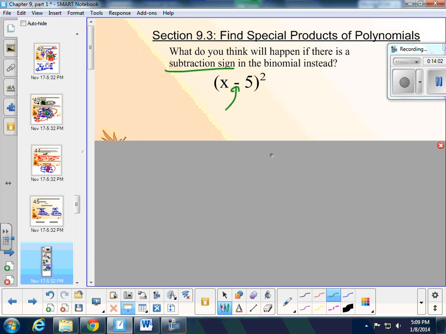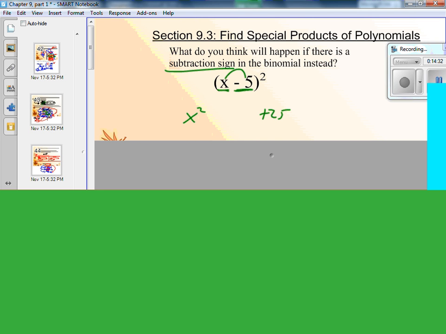And I could 5 times negative 5. So I still will get a very similar pattern. x squared gives me x squared. But now I have to think of this like negative 5, because I'd have negative 5 times negative 5. That would give me positive 25 here at the end of my problem still. My middle term, though, here's where the negative sign is going to play in. x, and I'll get 2 of those. So what I'll end up